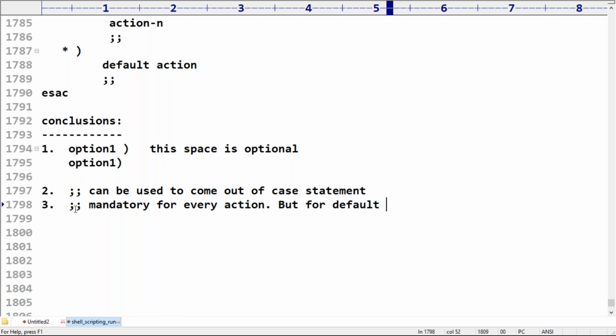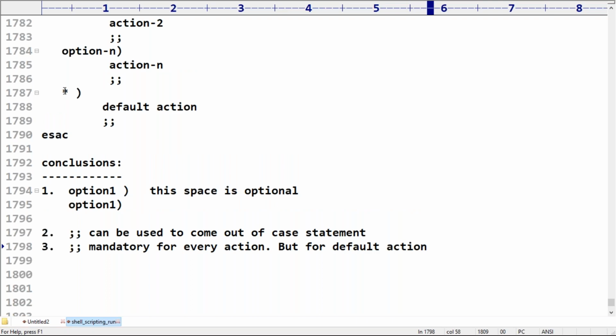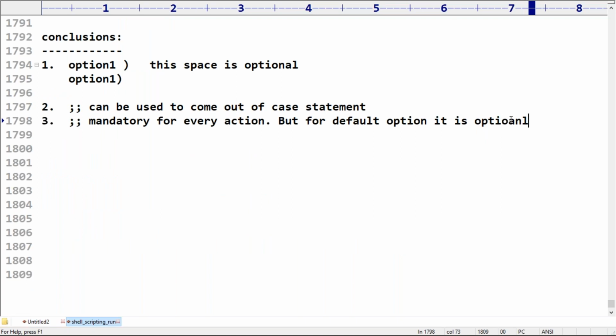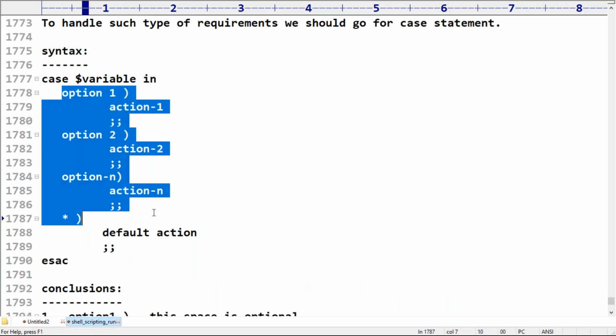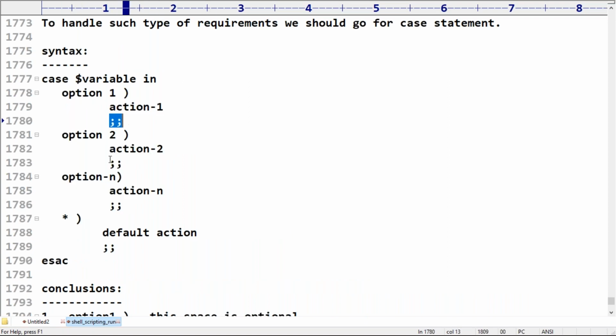But for the default option, it is optional. Remember this very carefully. For the last case, if you are not using it, no problem at all. But for the remaining options, you must compulsorily take it. These must be mandatory.